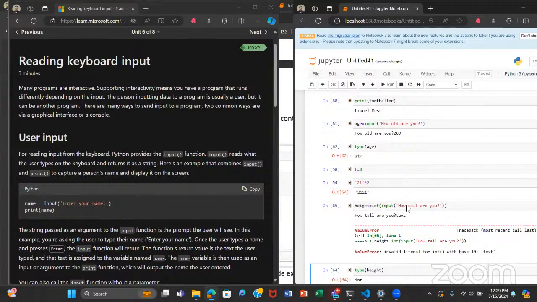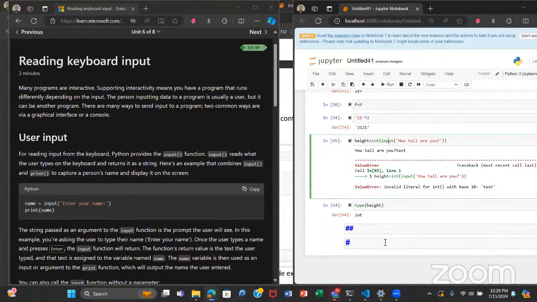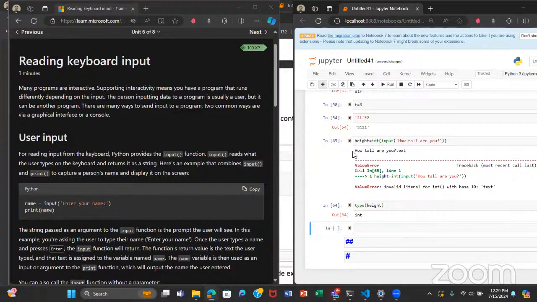You can also do the same for floats. So we can write float and the input function.